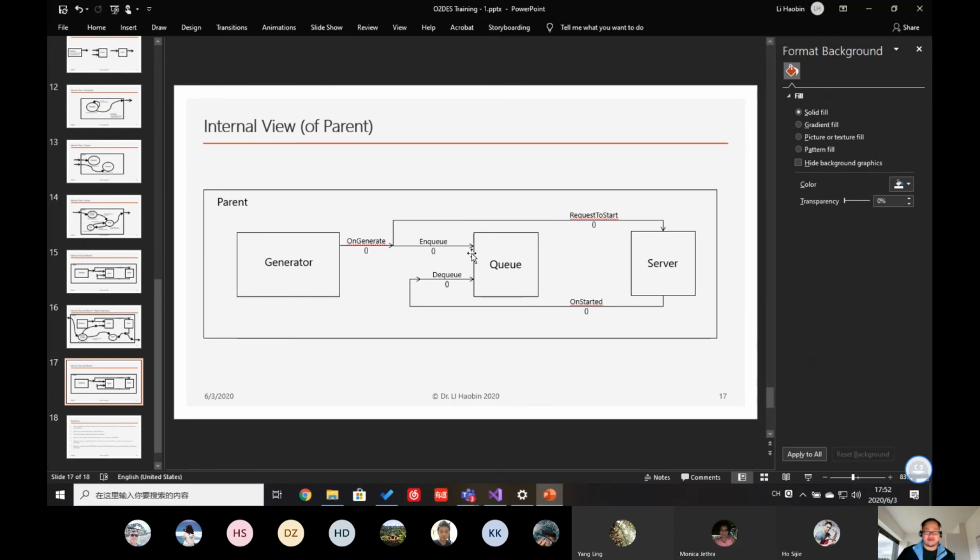But one question we have in mind is whether there is a certain pattern we can observe when we connect one module to another. For example, when this server needs to finish and pass to another server,